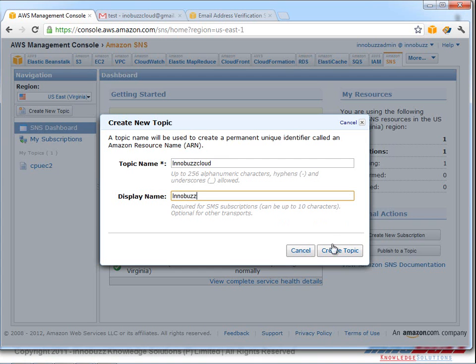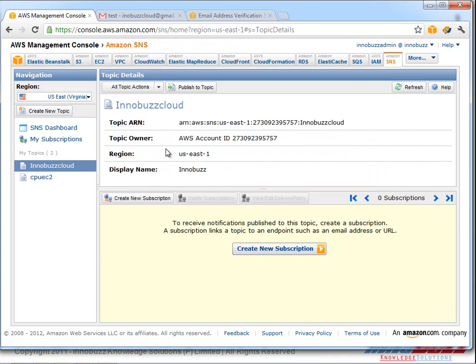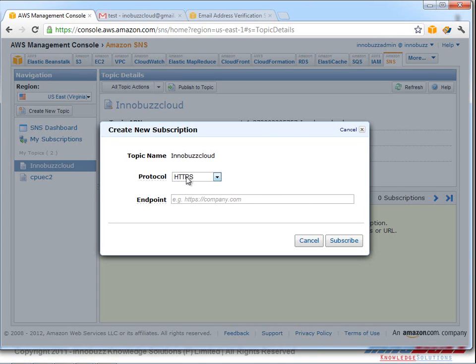And we click on create topic. So now the topic is being created under our SNS tab in AWS Management Console. Here we can go ahead and add new subscriptions for this topic. We select the topic name, which is by default InnoBus Cloud, since we have selected the notification